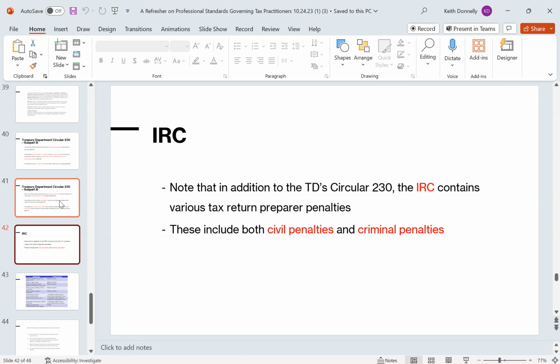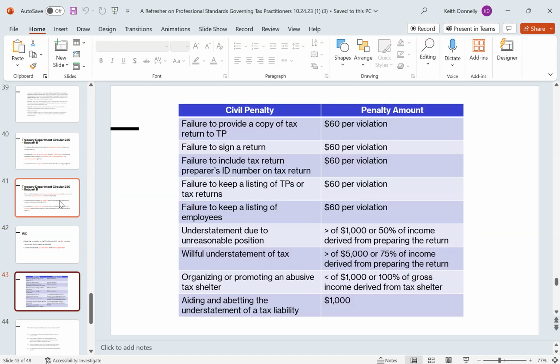So let's move on quickly to the Internal Revenue Code. This is elsewhere in the book. I think it's in chapter 2. This is just saying that one way they can get you if you screw up, and this is law because it's the Internal Revenue Code, is that we're going to have a list here of things you do wrong. Here's the penalty, and the penalty can be civil or it can be criminal.